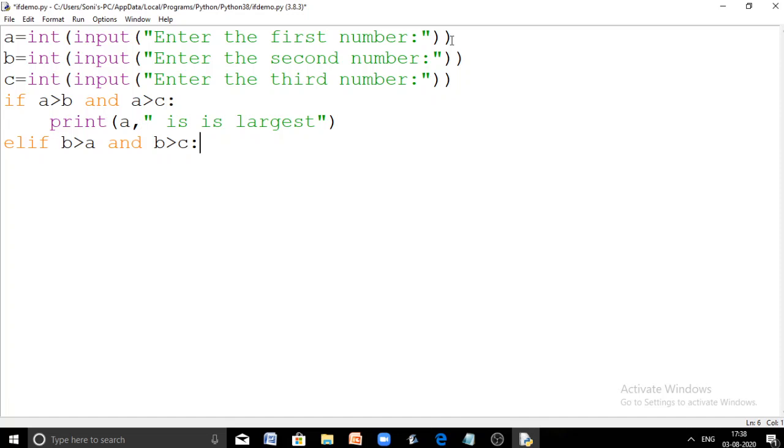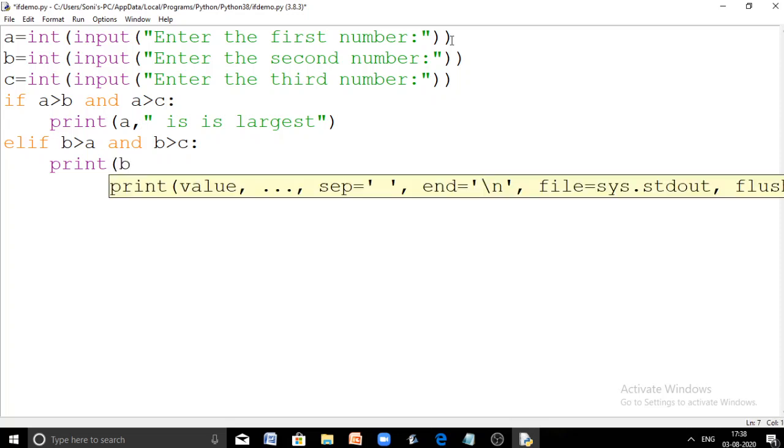So the second conditions are B is greater than A and B is greater than C. To decide that B is the largest, B should be greater than A and B should be greater than C. Both the conditions should be satisfied, so we are using AND between these two conditions. Now, if B is largest, print B